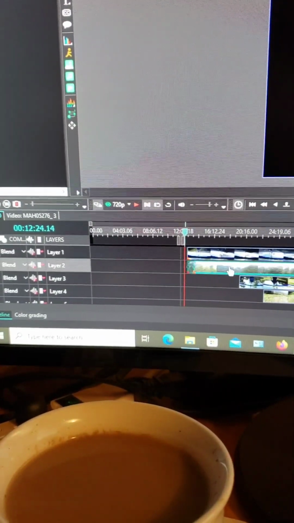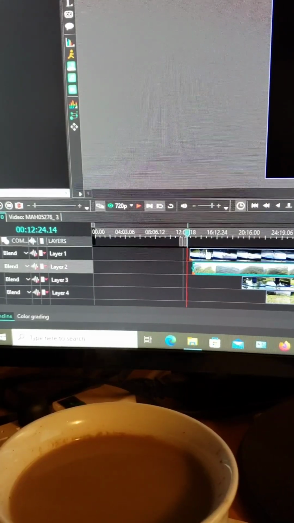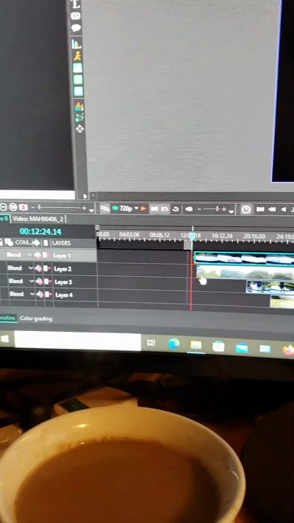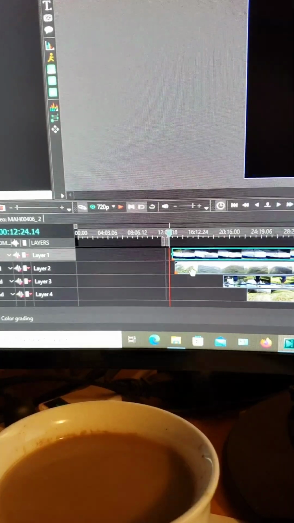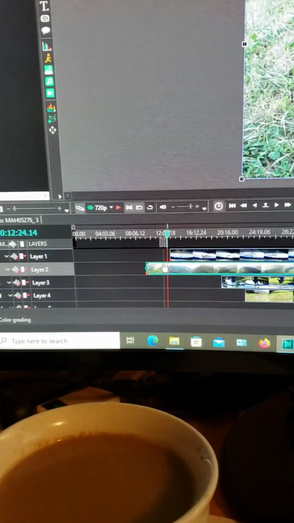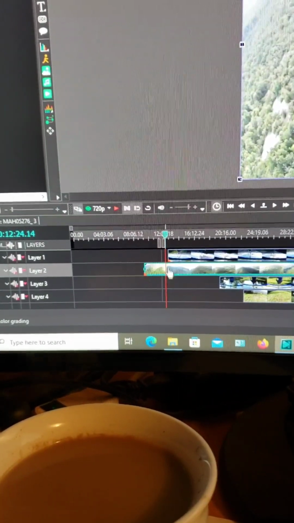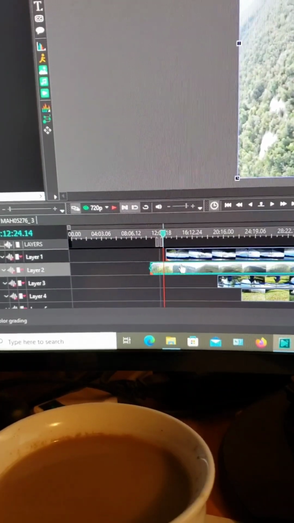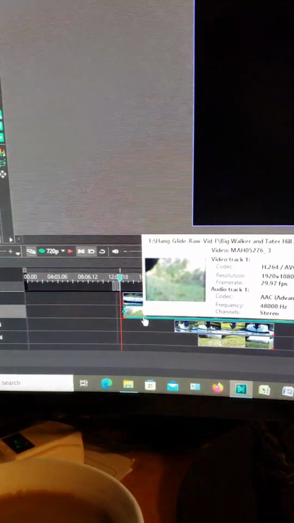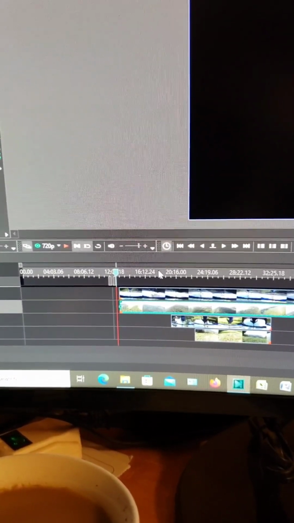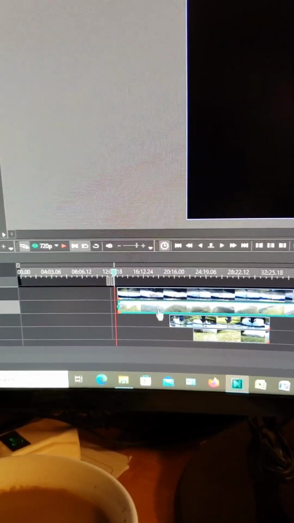So you can slide these around, but what I've done so far is I've cut that to be at the exact moment where I launch in both of these tracks. So now I can align these two tracks, and then if I want to switch views, what I'll do is well,